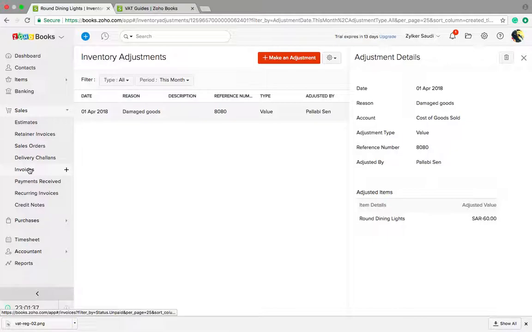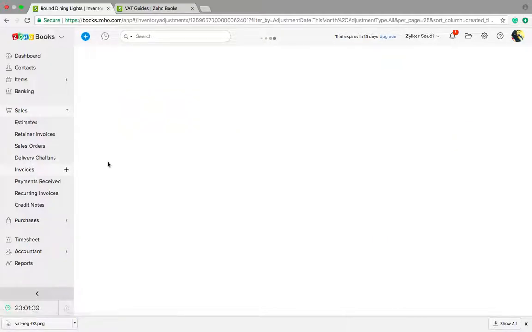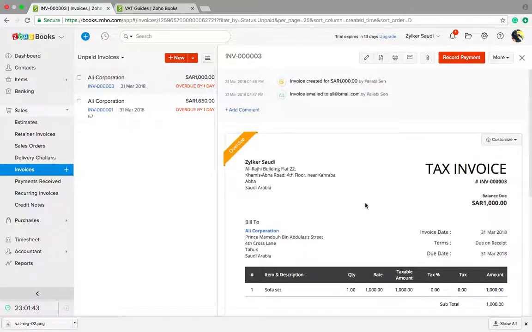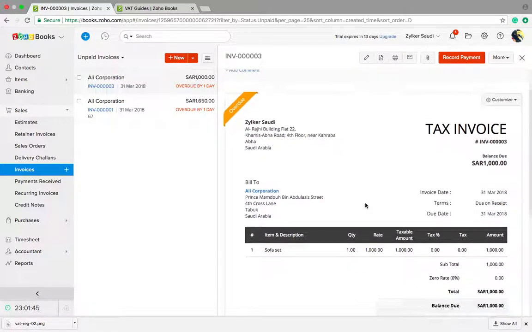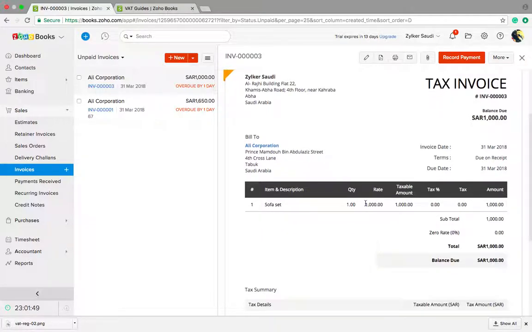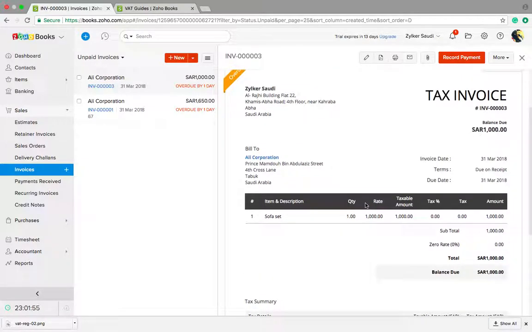So as you can see, under your sales module, you have invoices, and a valid tax invoice must contain the following: a unique sequential number, a date of issue, the supplier's name, address, tax registration number, the customer's name, address, and tax registration number, description of goods or services supplied,